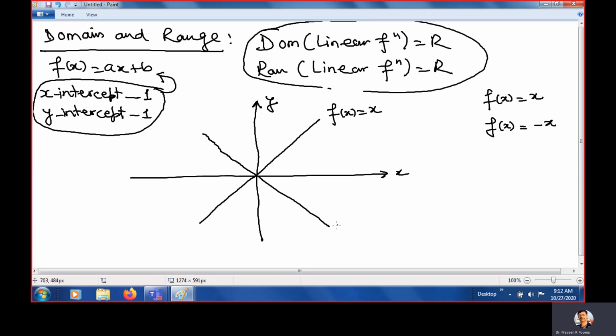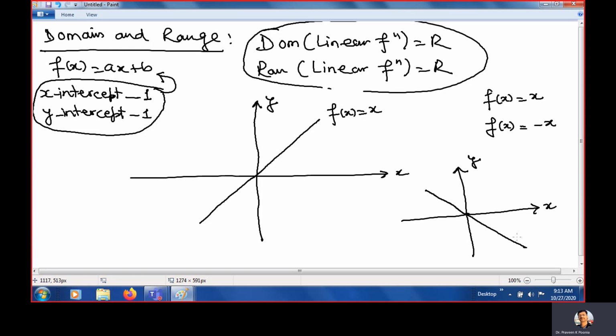Yes, this is f(x) equals minus x line. Clear? Or what you can do is let us draw another graph so that you can understand clearly. This is x, this is y, and this is the center. If we make a line here passing through the center, this is f(x) equals